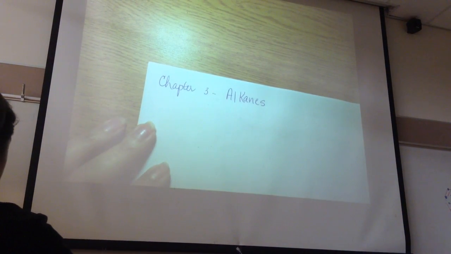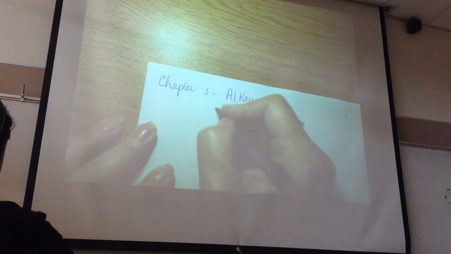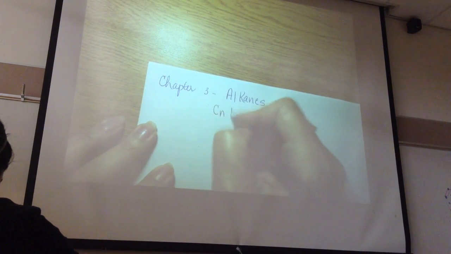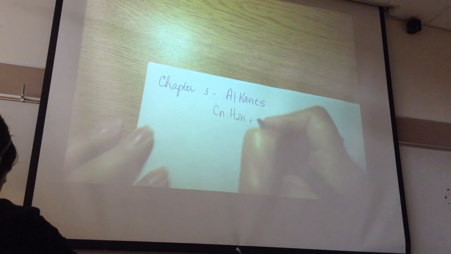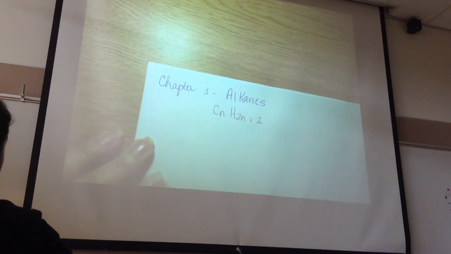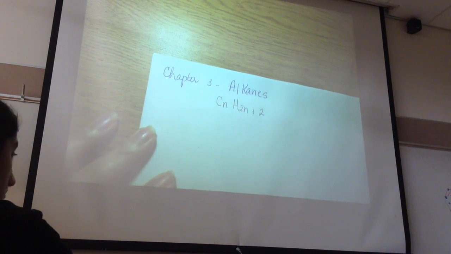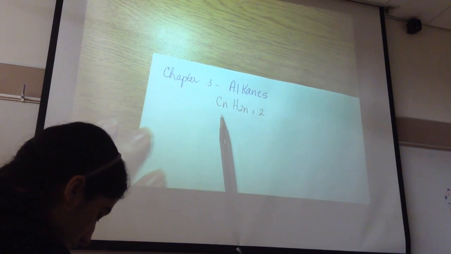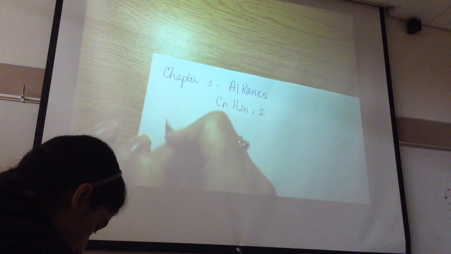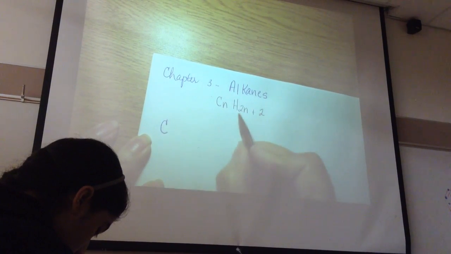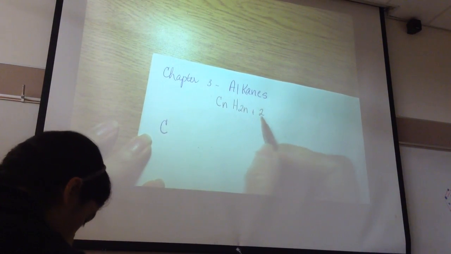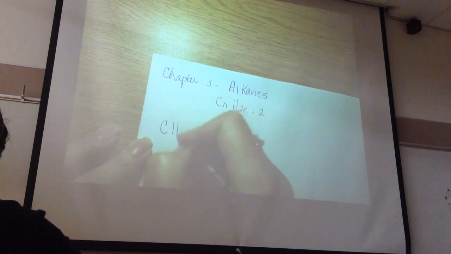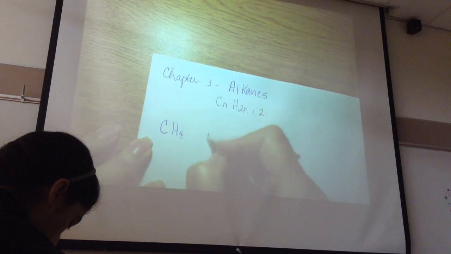The general formula is CnH2n+2. From the very beginning, if n is 1, then we don't write it. The structure will be 2 times 1 is 2 and 2 more is 4. So CH4 is going to be